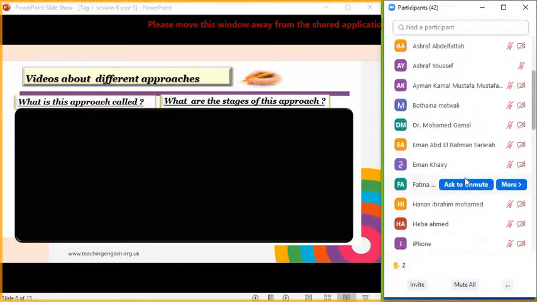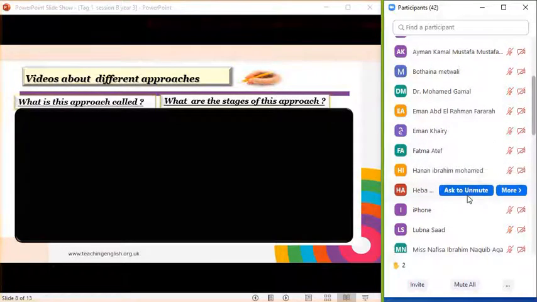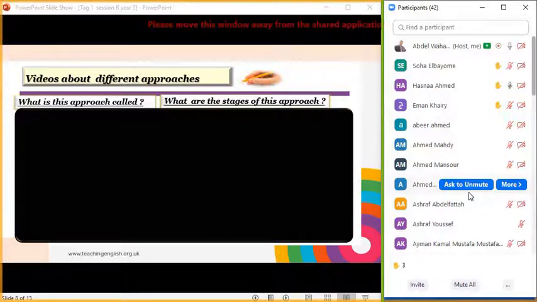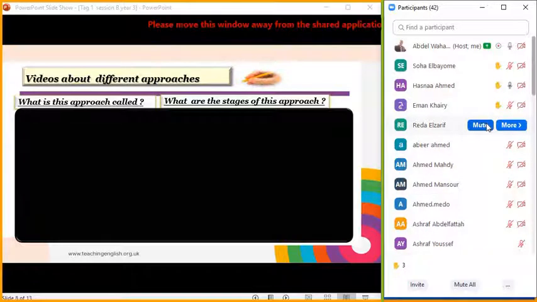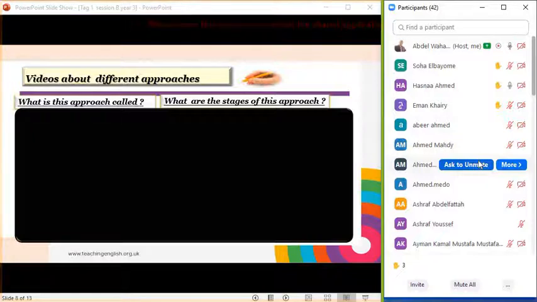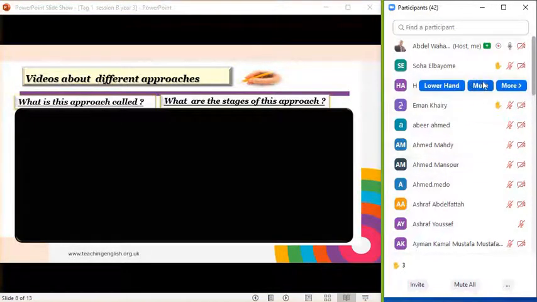Another one. Who can speak? Who can speak? Miss Hasna, can you speak? Yes. Go on, Miss Hasna. We hear you. I think it's TBL and it's an inductive strategy. Okay. It draws on learners' knowledge and language, but this task has a long time. Okay. Thank you, Miss Hasna.